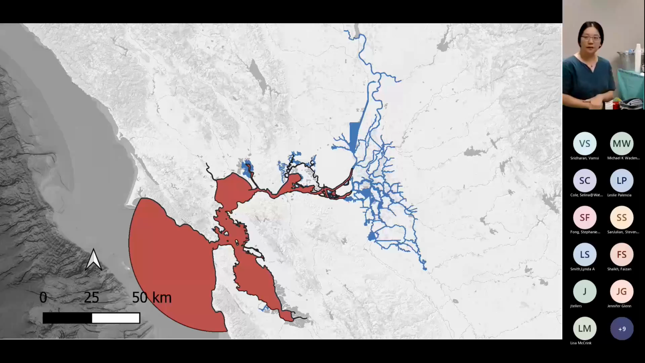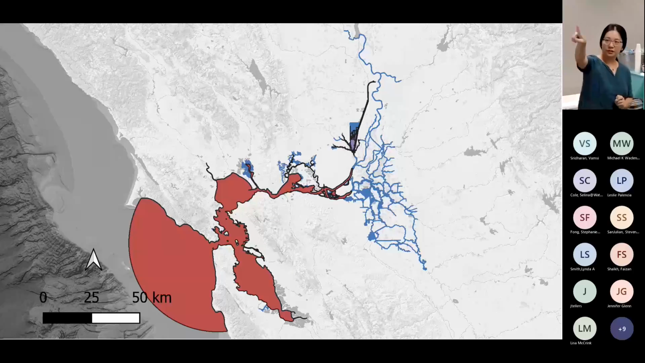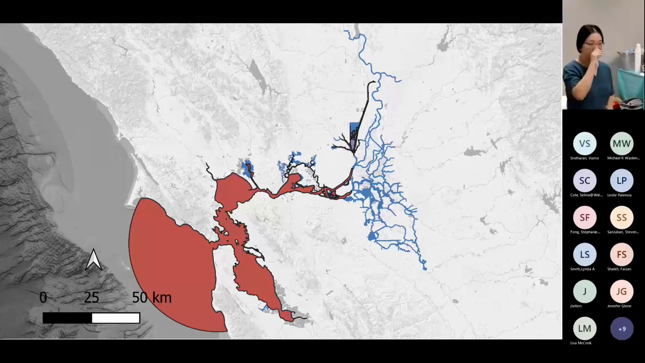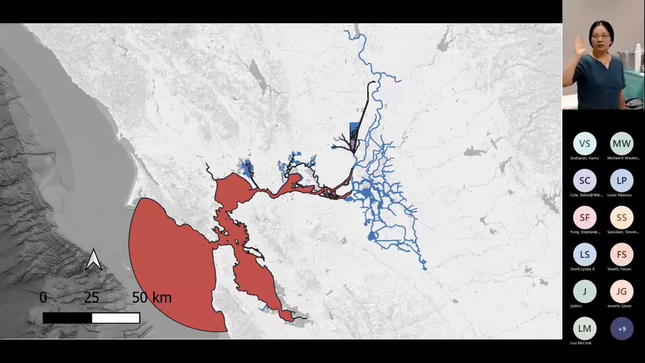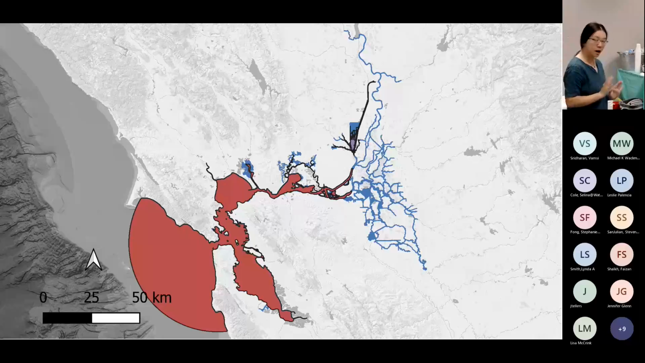Another related study happened in Cache Slough. That is the region, and I think Dylan this morning talked a little bit about the project. That project has a focus on submerged aquatic vegetation, and I would like to talk a little more about that, because currently in our SCHISM model, we have considered the impact of submerged aquatic vegetation on the flow,